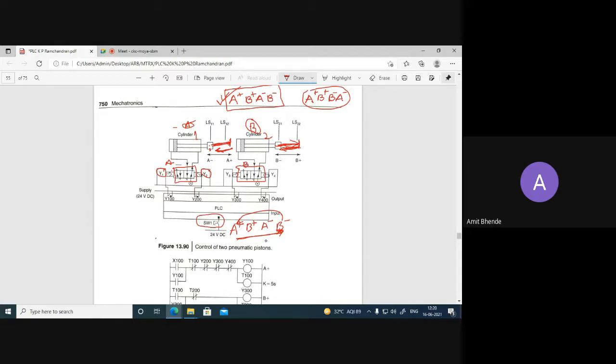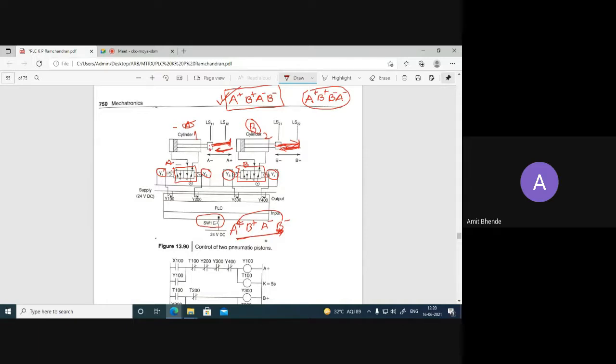Okay, direction control valve in short is called DCV. The direction control valve of cylinder B has two solenoids, one on the left side and one on the right side. They are denoted by Y1, Y2, Y3 and Y4. Y1 and Y2 are for cylinder A DCV and Y3 and Y4 are for cylinder B DCV.